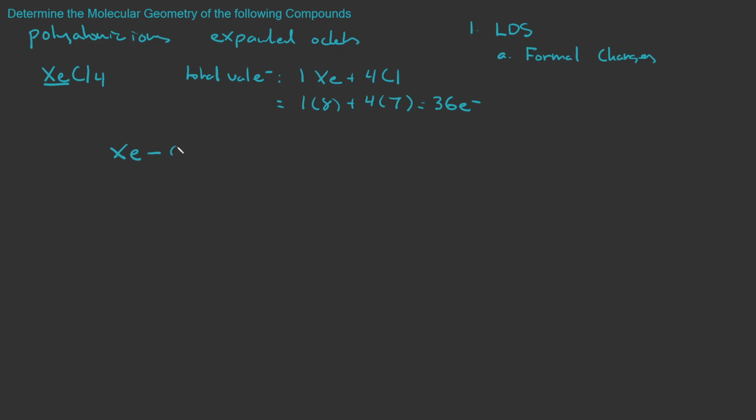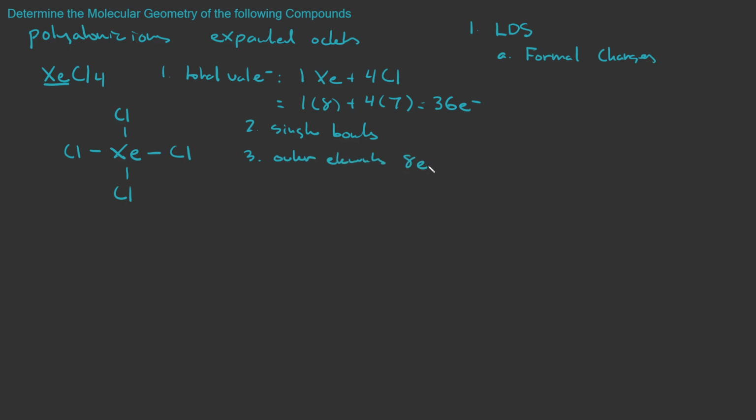And so we have a Cl, Cl, Cl, and Cl. And then what we do after step 1, so draw LDS with single bonds, our step 3 is to make sure that outer elements